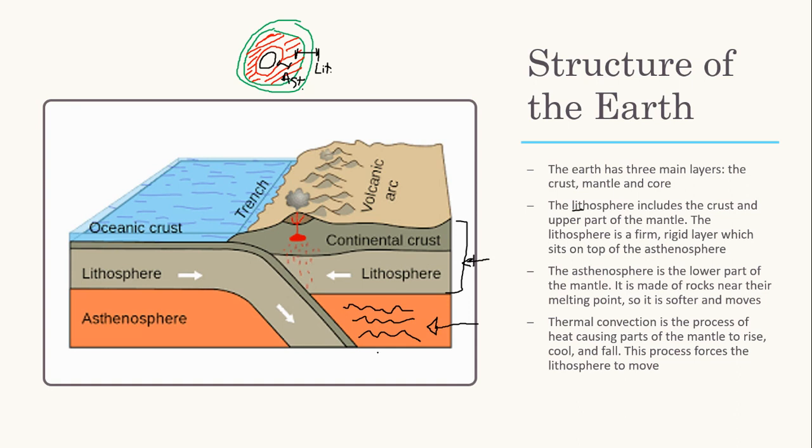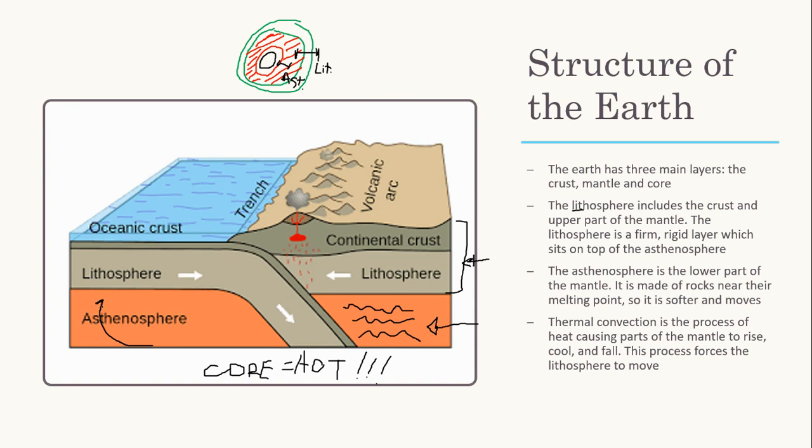So the core of the Earth would be down here, if we're looking at this same image. And the core is the hottest part. So this bottom part of the mantle is going to be hotter than up here on this top part of our asthenosphere. We know that heat causes things to rise, and this is true in this case too. So this bottom part is going to rise,